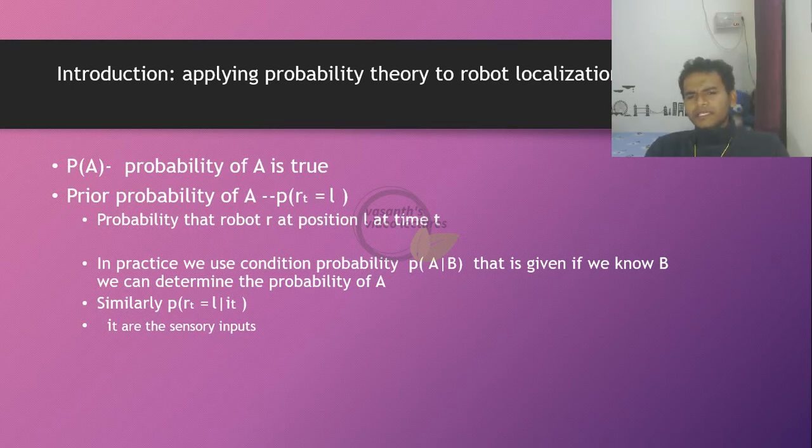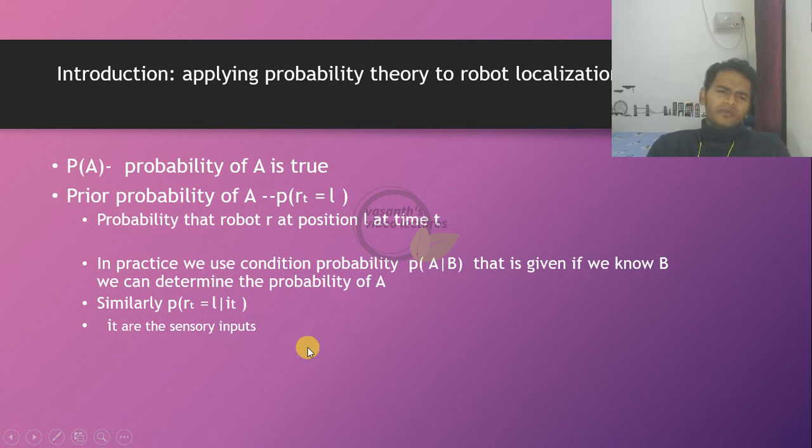So, in typical practice, we apply the conditional probability, that is the probability of A given B. We can determine the condition of A only if we know the condition of B. That means the probability of A is interdependent on B, so that we can determine A if and only if we have the condition of B. Similarly,